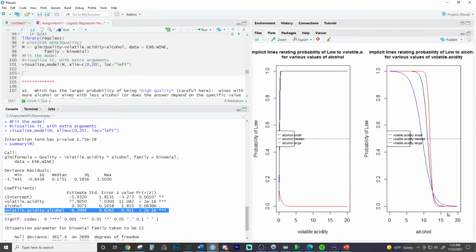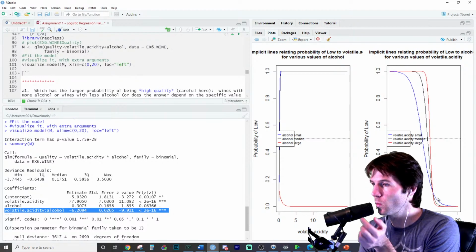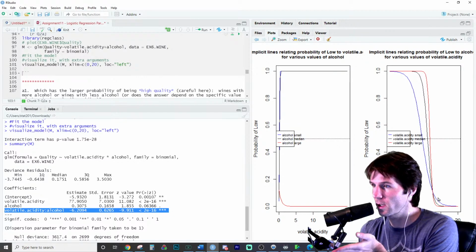And you can't go to one value of alcohol exactly. You can't go to like 15, because at 15 you would see that the volatile acid large would have the lowest probability, where volatile acid small would have a higher probability. But over here at like 10, volatile acid small has a lower probability, where volatile acid large has a higher probability. So the relationship is not constant because of the interaction. So the way in which alcohol explains